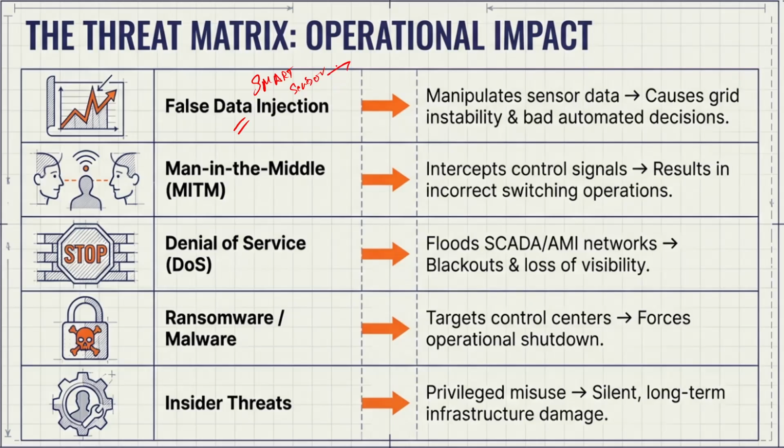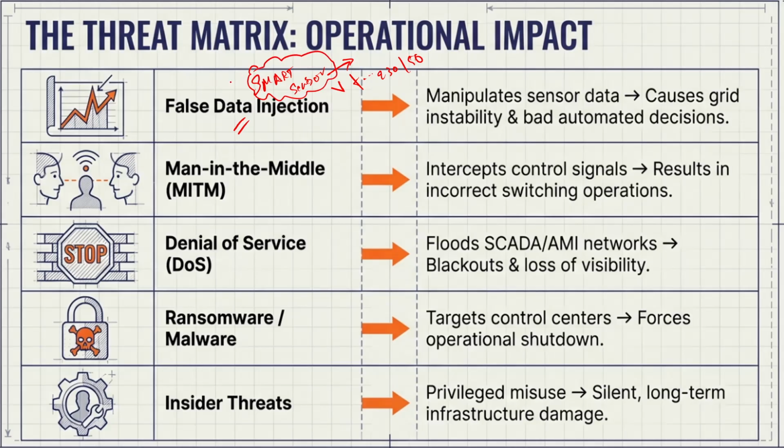So this will be sending the proper parameters. Let's say it can send the voltage, the frequency, and so on, right? So we will be having set parameters. For example, voltage could be 230 and the frequency is 50. So it is a normal operation, but if someone is able to plug into this smart sensor, okay, the